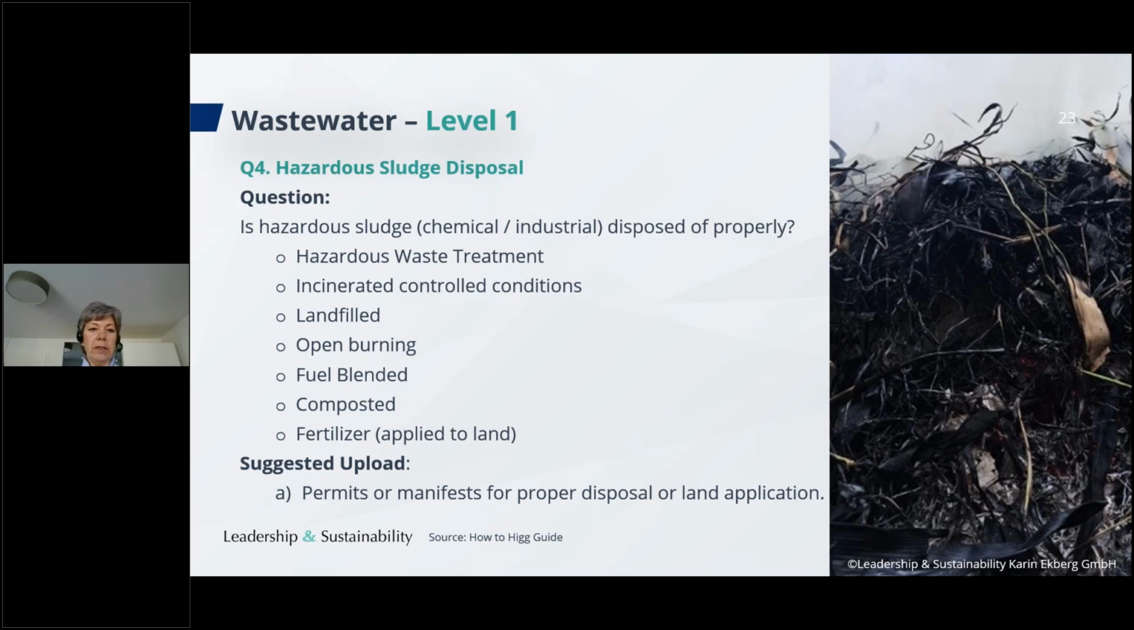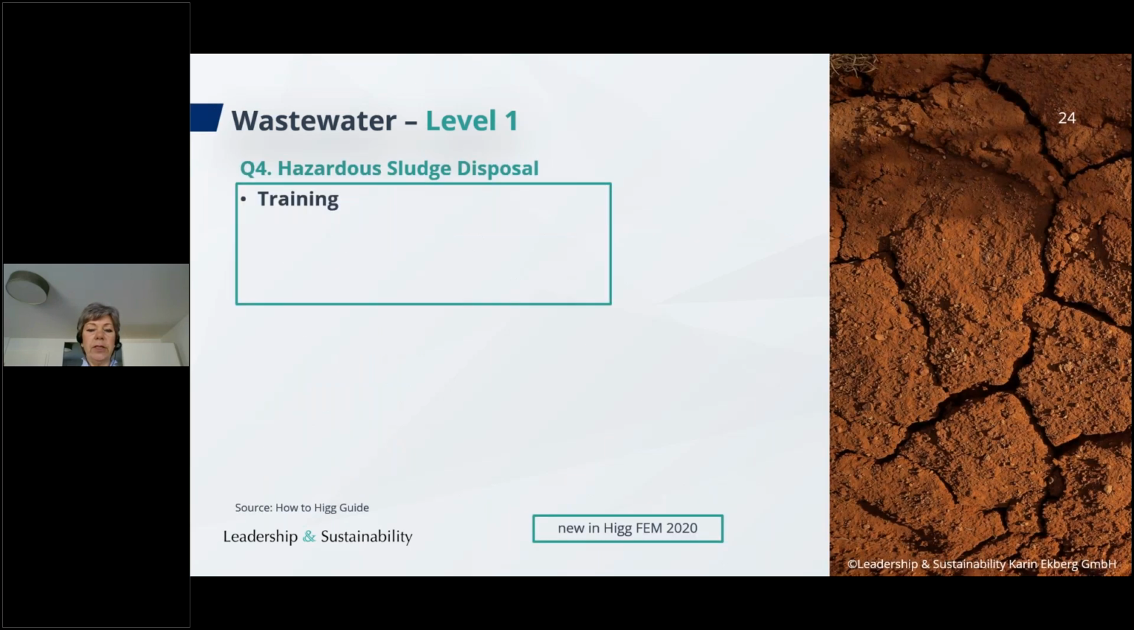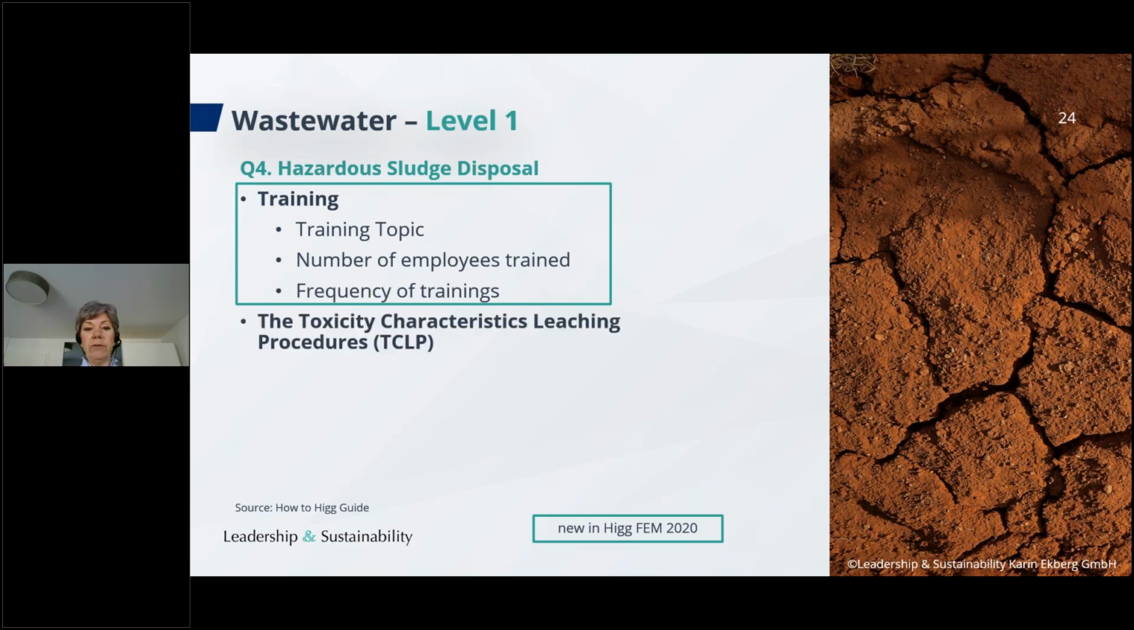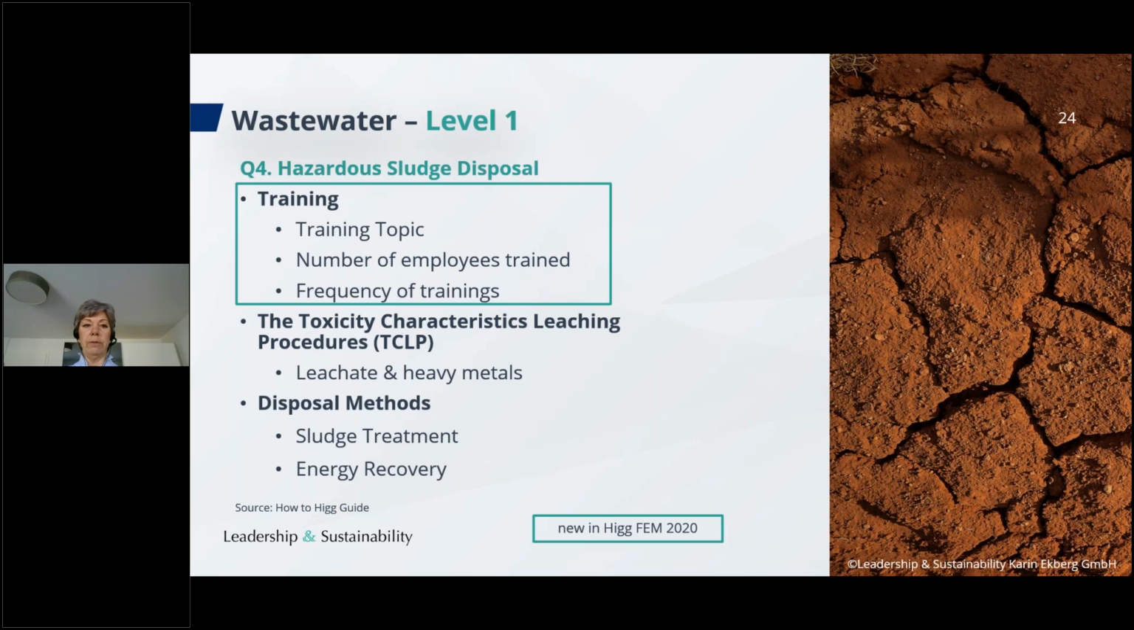And regarding the hazardous sludge disposal, there is some additional information as well. The training, there you should indicate which training topic you have, the number of employees trained, and the frequency of trainings. And then there is also, if you need to find out if your sludge from the wastewater treatment is hazardous or not, then there are lead sheets that you can be doing to understand which pollutants you have in your sludge. And there are also the disposal methods, for example, the sludge treatment, energy recovery, and as we saw previously, also there are